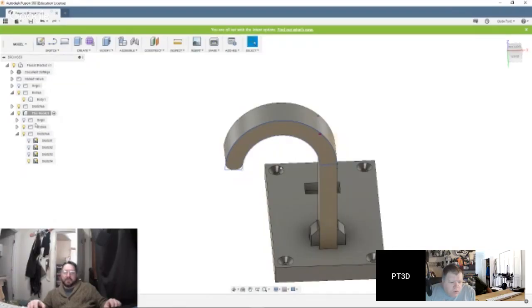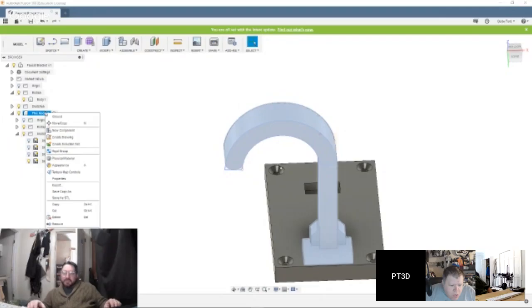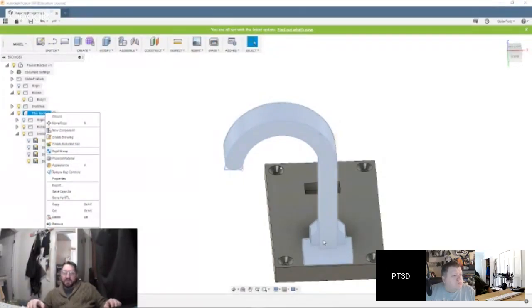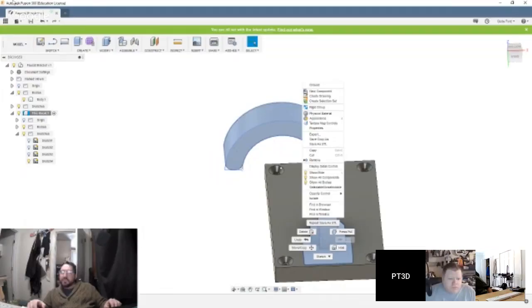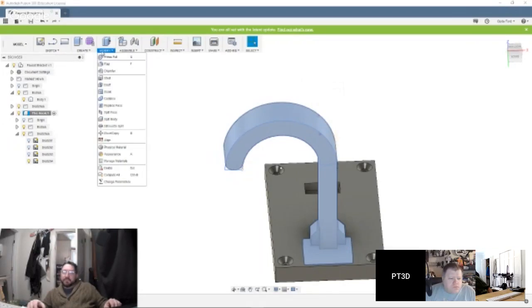Okay, hold on a sec. Let me get the body. Oops, sorry. No, I want the hook. Okay, what was I doing? You're going to just rotate it from the center, or from the joint, actually. Just go up to your move, rotate. Yeah, I was looking for the rotate. I only saw move copy, but you've got to go up into your modify. Move copy. You can rotate with the move copy. Oh, that's right. You can.